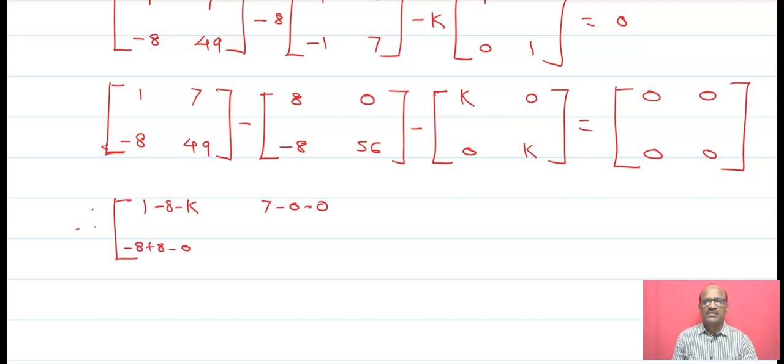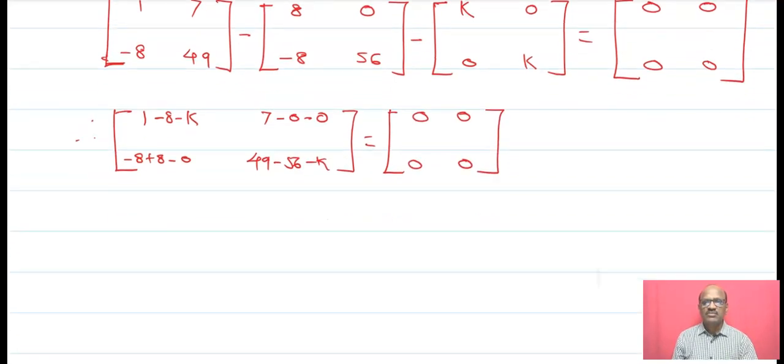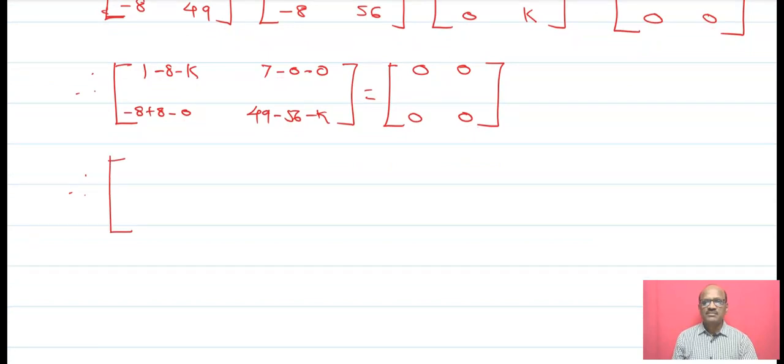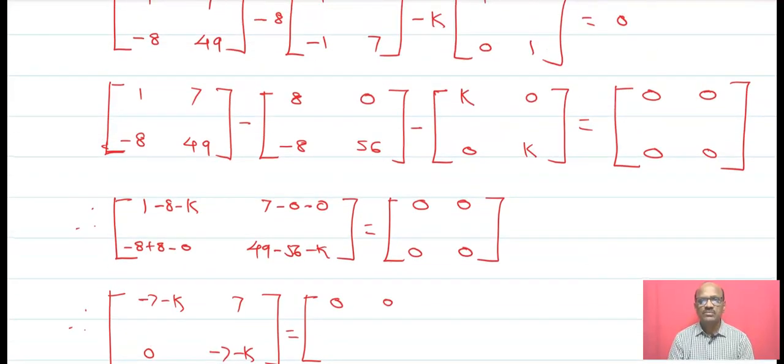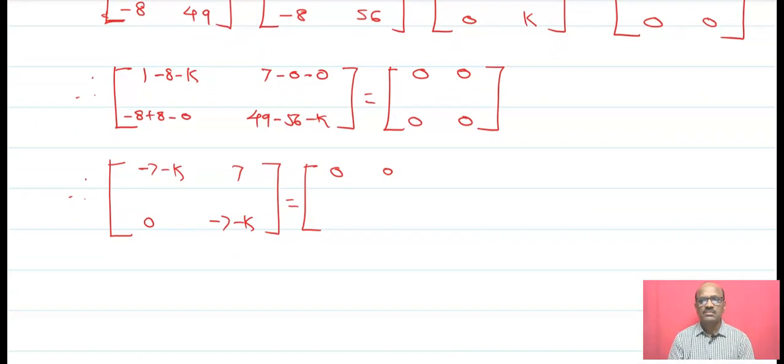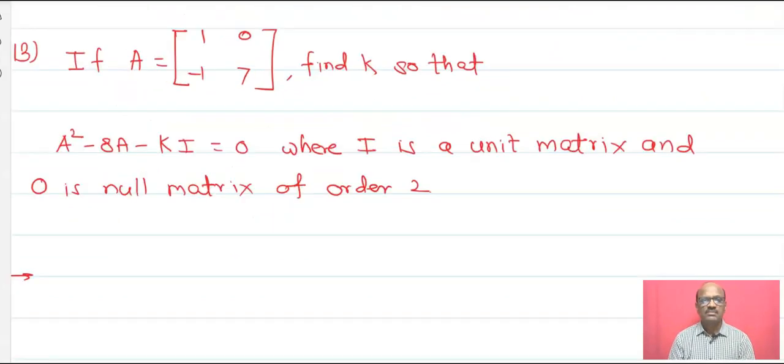Minus 8 plus 8 equals 0. 49 minus 56 minus K. Now see these corresponding elements. Minus 7 minus K, 7, 0. Now minus 7 minus K equals 0, 0. The value of K is